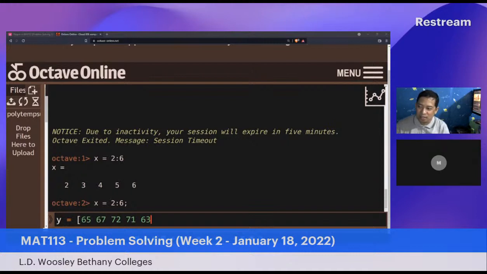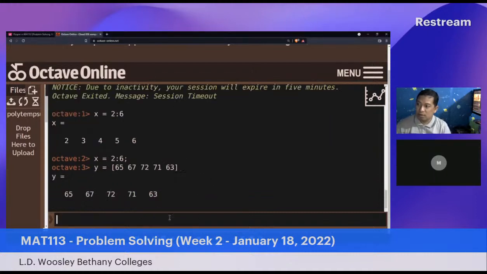And our intention here is to plot the relationship between x and y, assuming that there is. So if I will not put a semicolon, this would generate these values. That would generate these values. And from there, we could have some